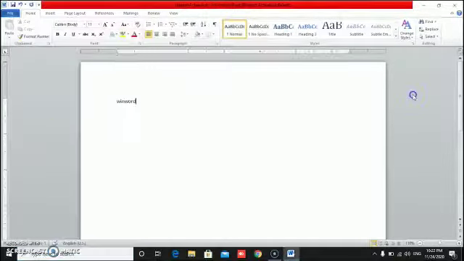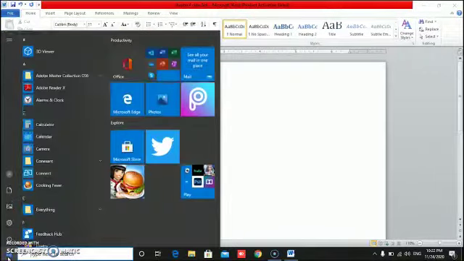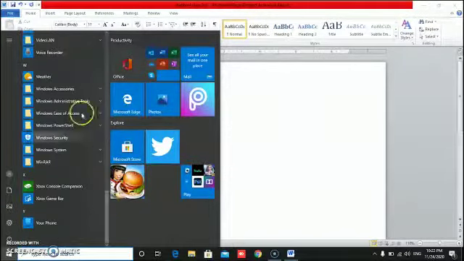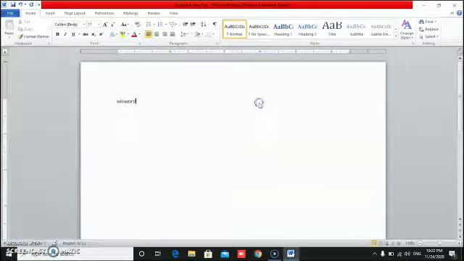The next way is, you have to go to the start button and see where is the Microsoft Office, and then you have to choose Microsoft Word. Then you click on it and this window will appear.